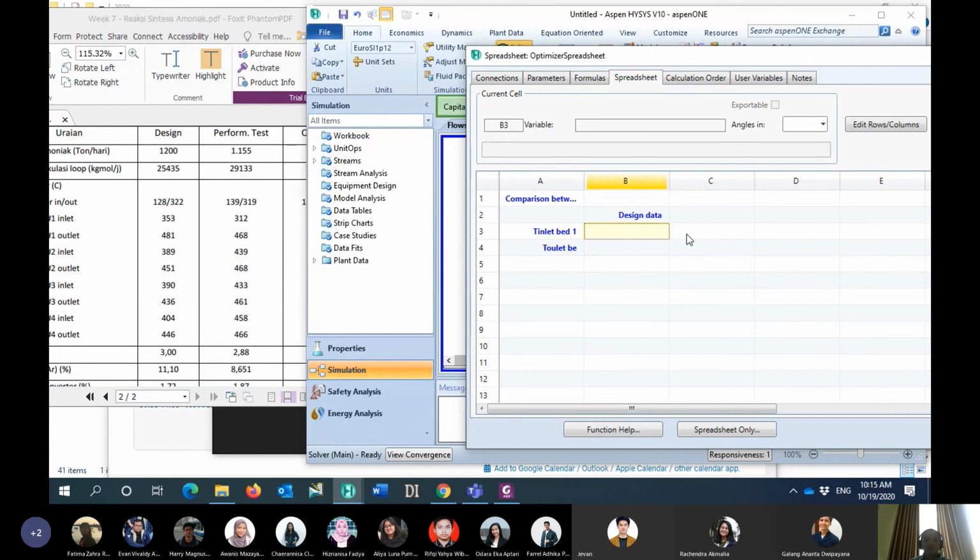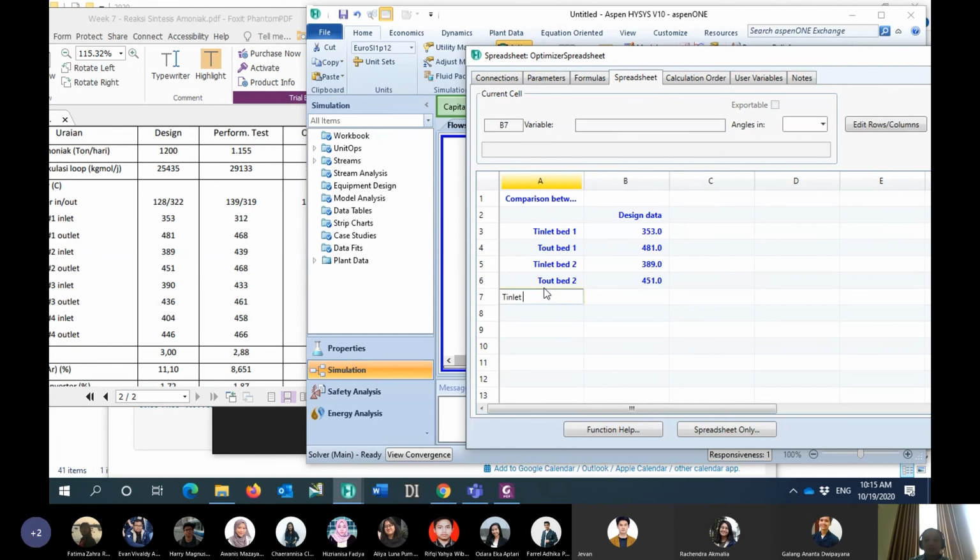The T inlet of bed 1 should be 353, and then the T outlet of bed 1, 481. And then T inlet for bed 2 is around 389, and then T outlet of bed 2 is 451.